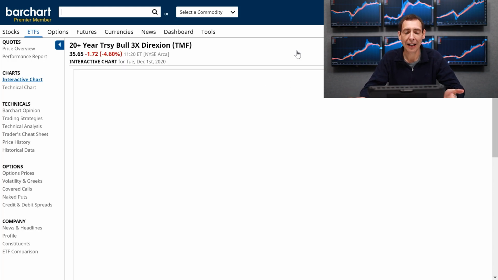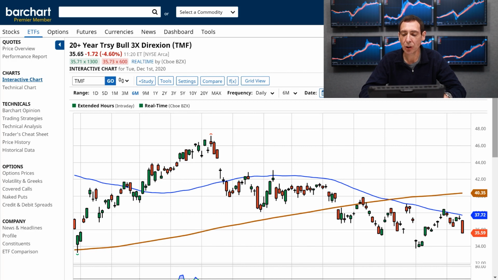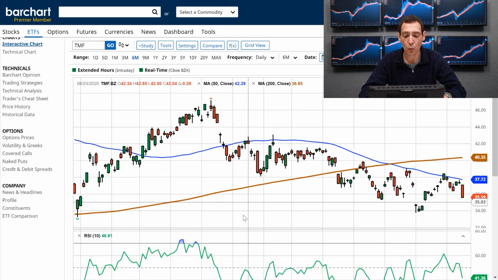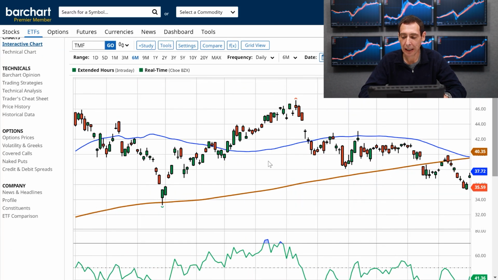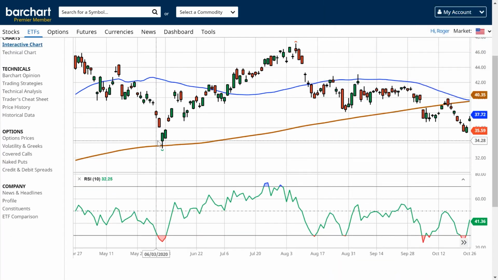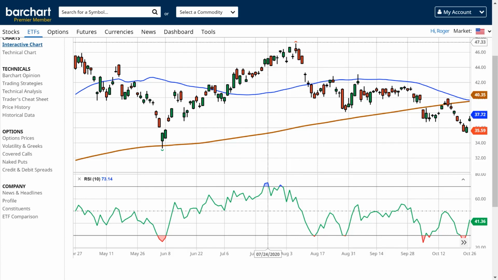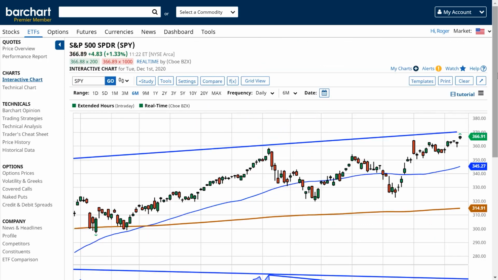How come the bond is not going negative? It doesn't work that way, which is why I like to only use bonds when the markets are really tanking. So if you look here, this is a period between June and August. Bonds went up, but if you look at the S&P,